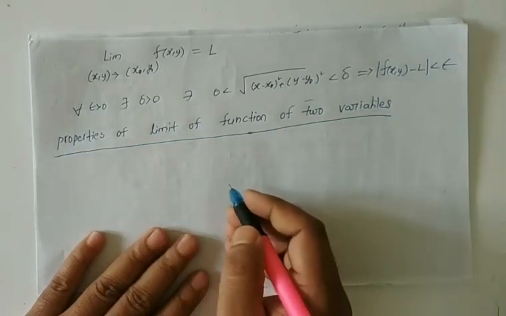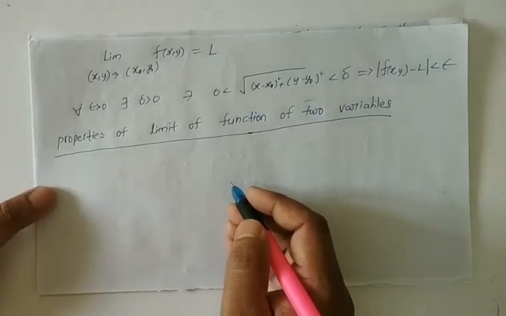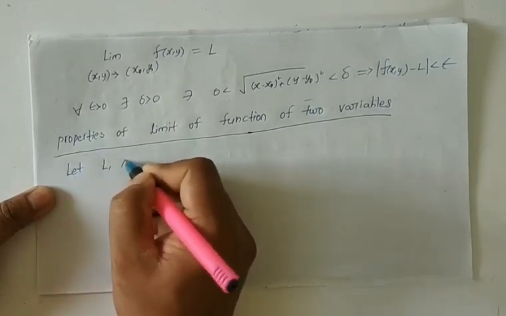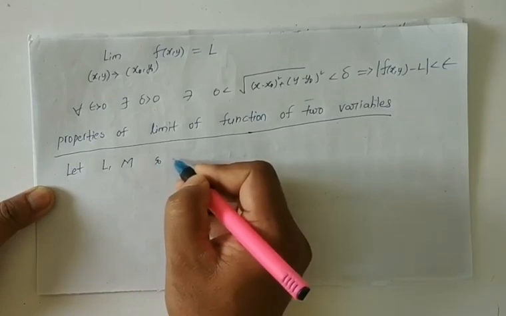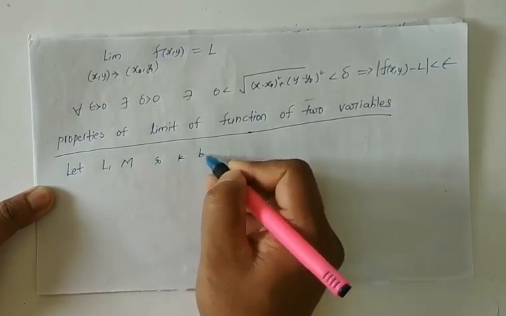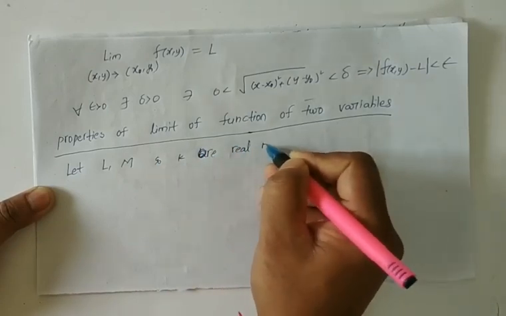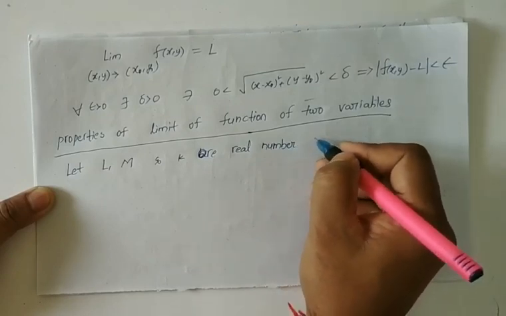Already we know the properties of the limit of a function of a single variable. Here also the same properties hold, don't worry, just write down. Let capital L, capital M and small k be real numbers, and